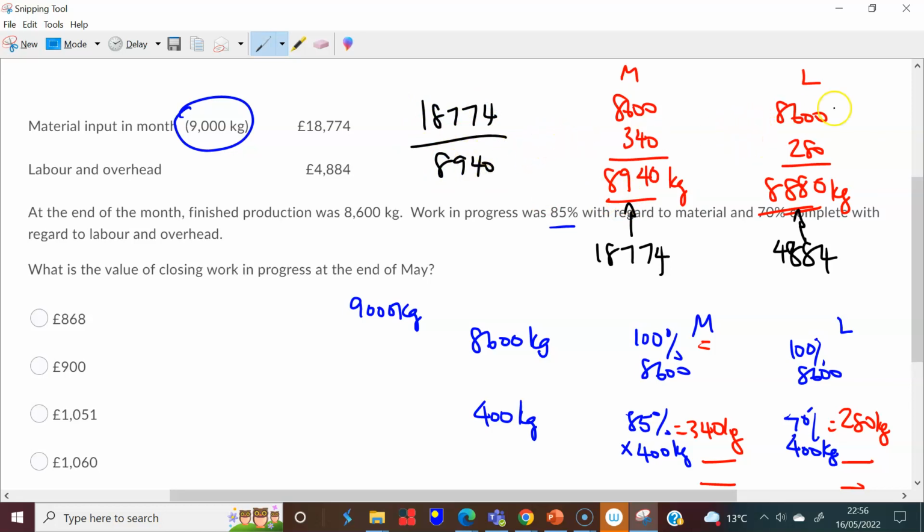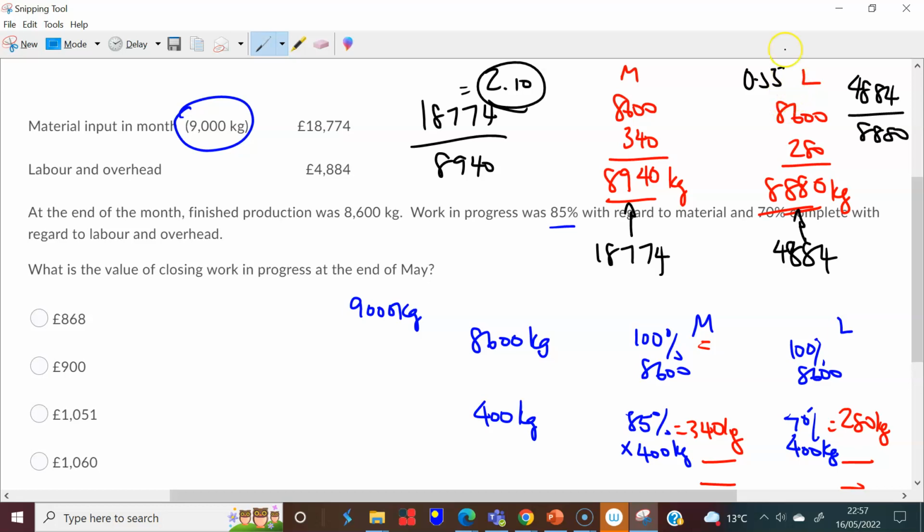And for labor, it must be 4,884 divided by 8,880. Right? So let's just do this one. 18,774 divided by 8,940 takes us to £2.10. So this is the cost of each kilogram of material. And when you do the 4,884 divided by 8,880, you have 0.55